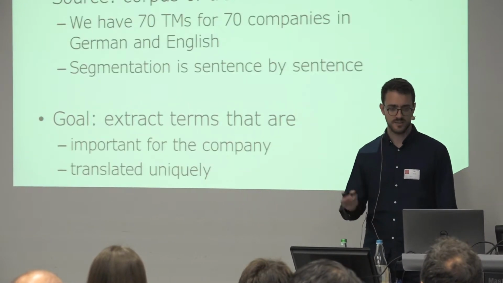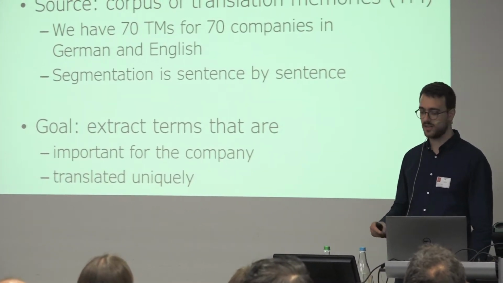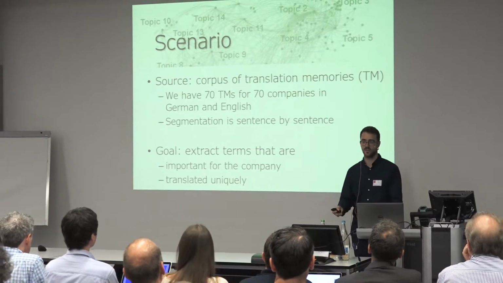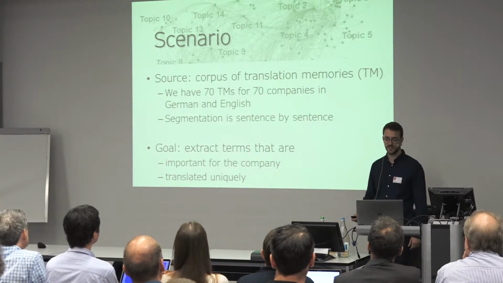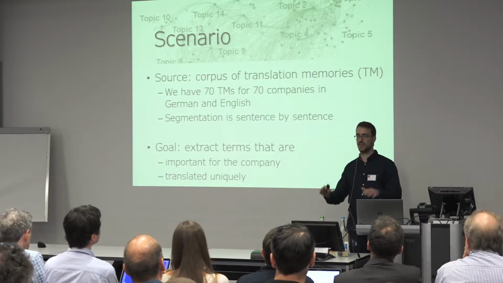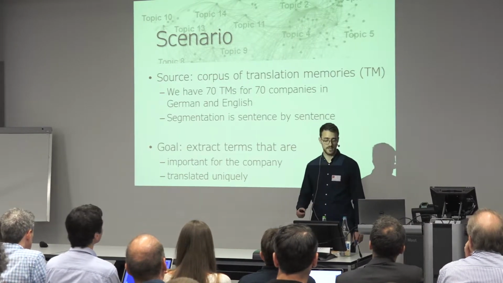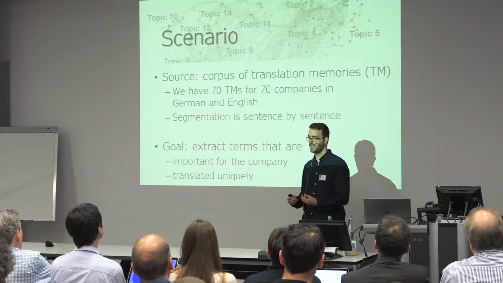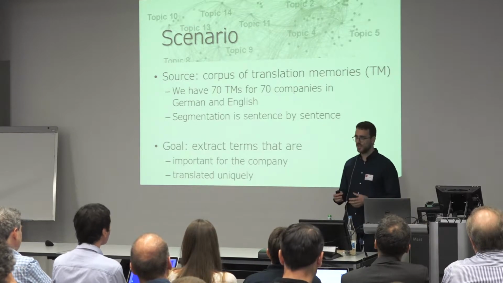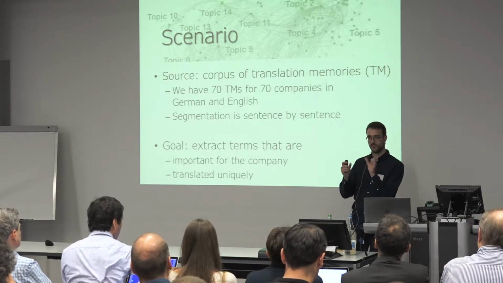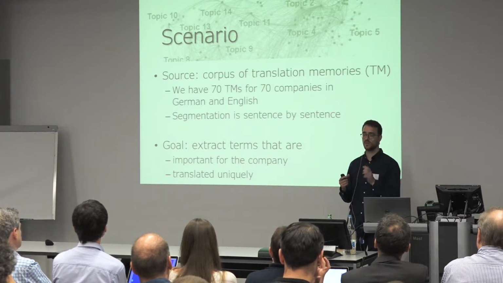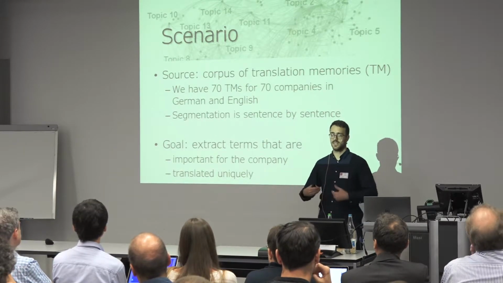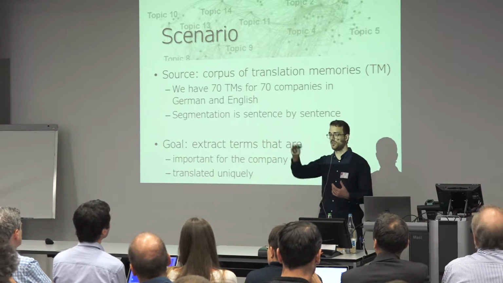of messy data. So the scenario we were given is we get 70 translation memories for 70 companies in German and English. So we started with just one pair of languages, and the segmentation was done sentence-wise, as he already has explained. So the goal is to extract terms that are relevant for the company and also unique for the company. So the idea is to know how certain phrases or terms that are very specific to one company are translated within this company, sort of to avoid that one term is translated then into 3 different terms and you